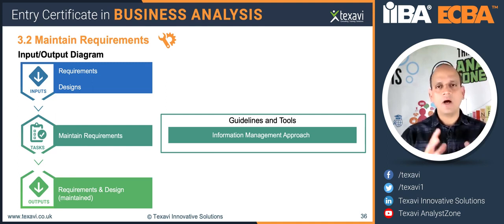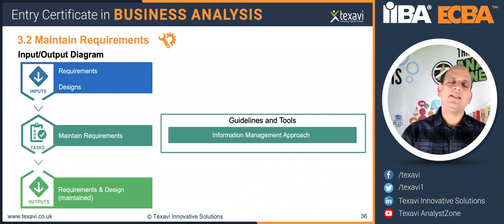That's what the information management approach that we looked at in the previous knowledge areas is all about. That is going to be one of the key factors for us. Once we have that, we manage the requirements better, and we maintain them in a way that makes it very easy to accommodate any changes later. And once that is done, we have the maintained requirements as the output from